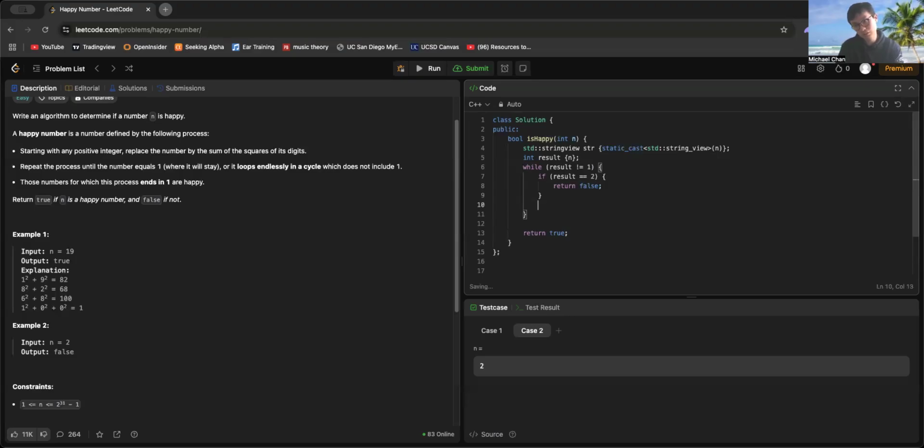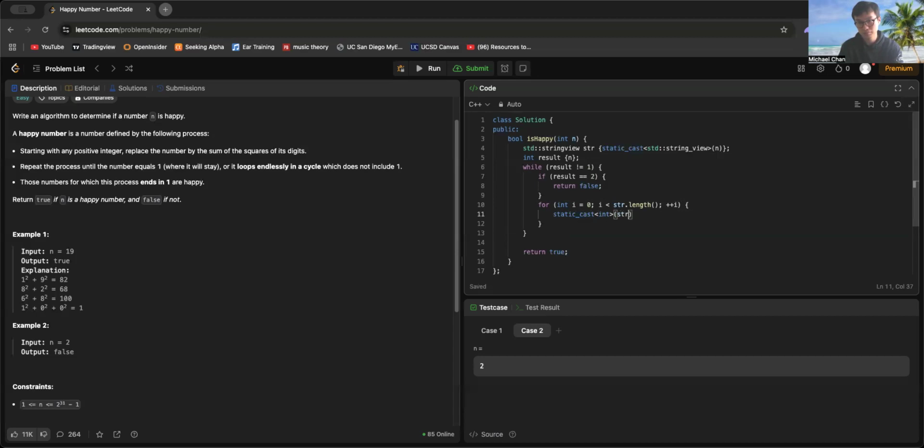And if it's not equals to 2, then for n I equals to 0, and n is less than string dot length, and then plus plus I, what you do here is you cast it back to an int,